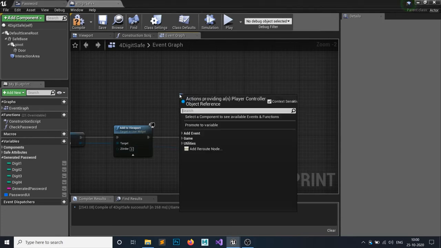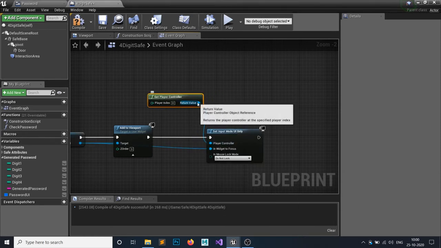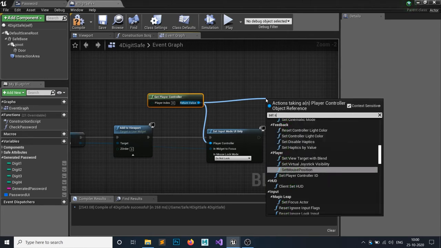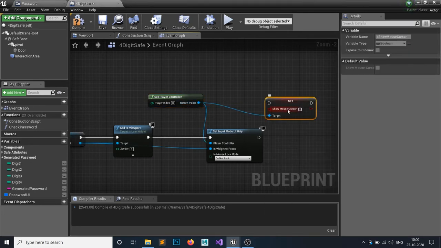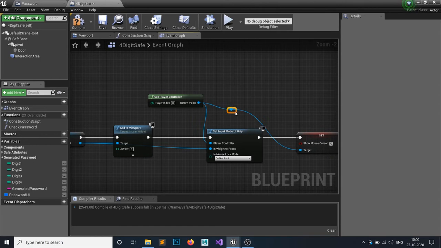Get the player controller, and we want to set show mouse cursor to true because we want to show the mouse cursor. Yep. So now it is set back to the UI mode.